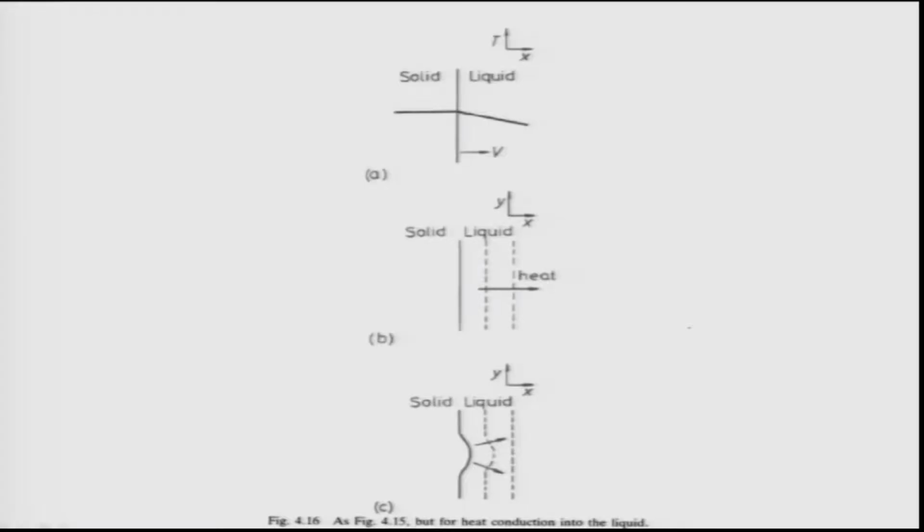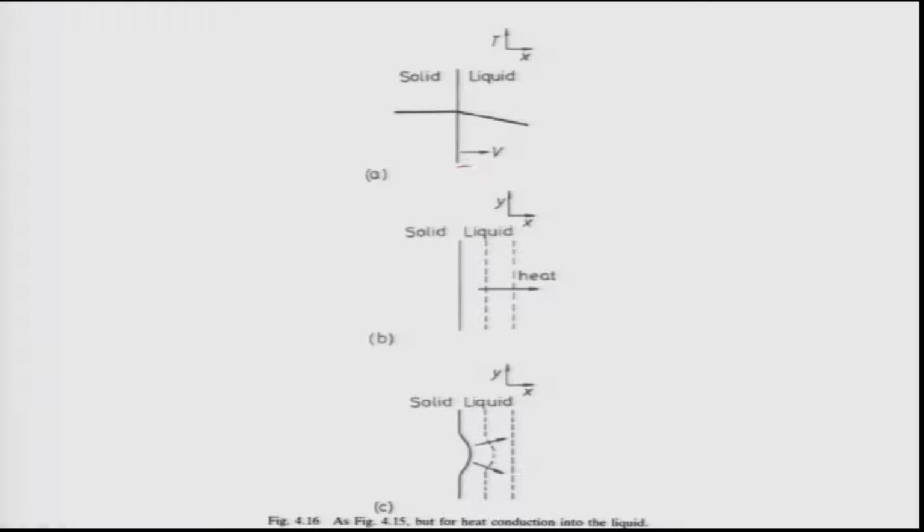any solid forming on the mold wall will be at a temperature higher than the liquid temperature. Obviously, when the solid forms at the mold wall, the latent heat will be released, and the latent heat is transported to the liquid because of this negative temperature gradient. The solid will grow much faster in the liquid as compared to the one you have seen in the last case. So, nonetheless, even if such a situation arises in the liquid, when the temperature gradient in the liquid,